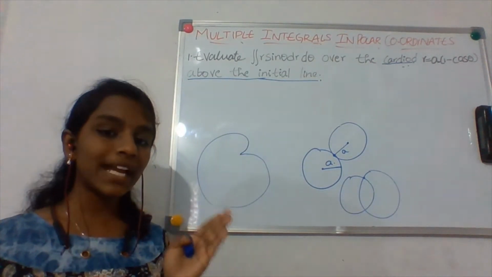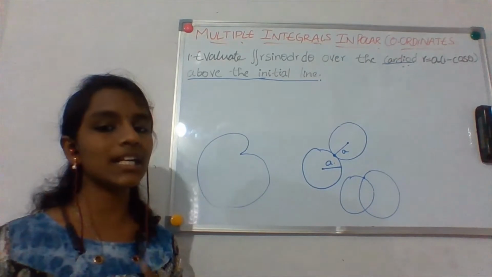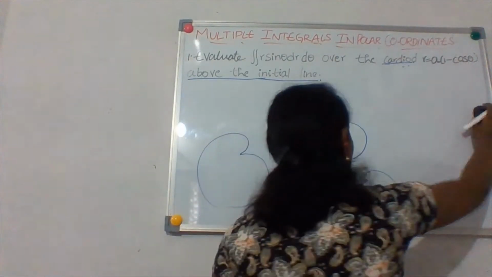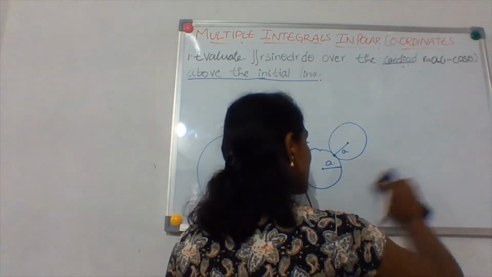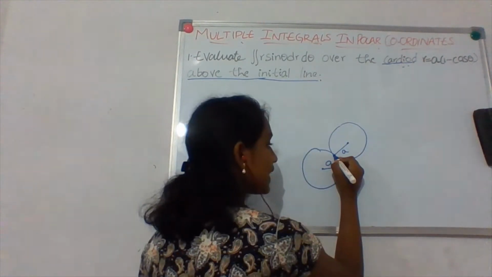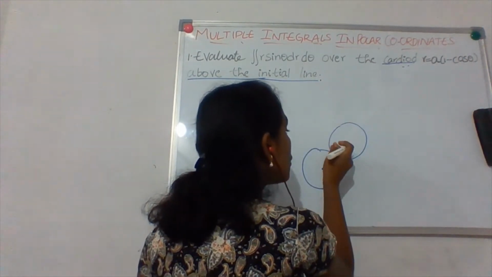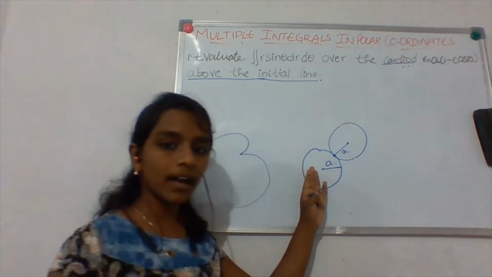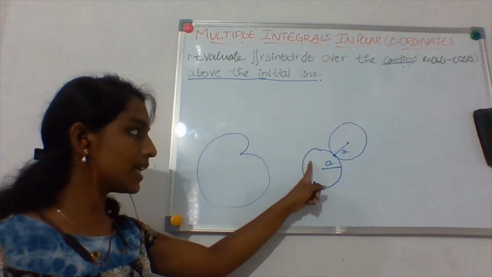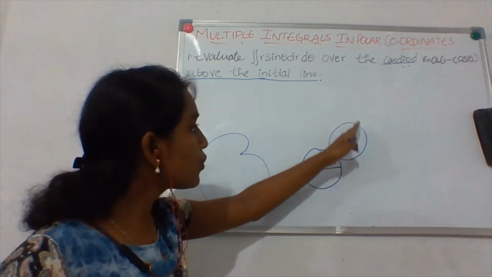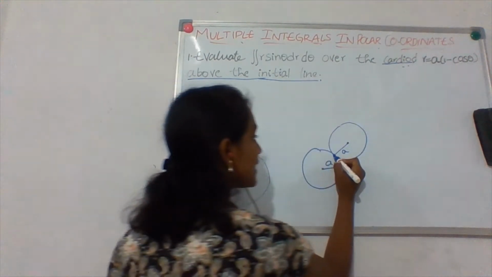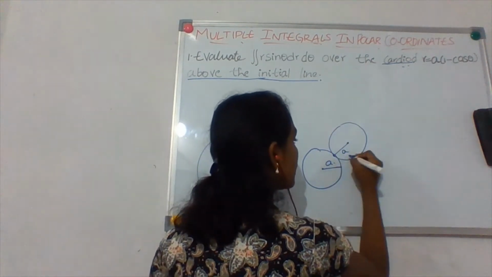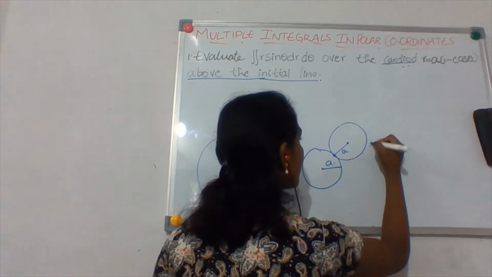But you have to take a circle such that there is only one intersection point, that too of the same radius. Okay, and now you have the intersection point here. Now you have to roll this circle around this initial circle. This is the initial circle, and you have to roll this circle like this. That is, this point will be varying like this. If you roll it, this point will come like this, here, here, here.